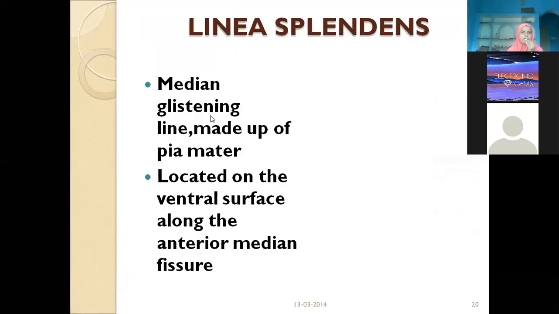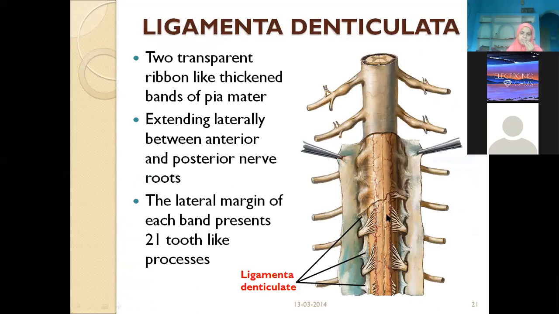Then linea splendens is a median glistening line made up of pia mater, located on the ventral surface. On the midline you will find the anterior median fissure. Ligamentum denticulatum itself can again be a 3 marks question. Are you finding these thickenings here? These are actually modifications of pia mater only. Two transparent, ribbon-like thickened bands you find on either side. If you count throughout the length of the spinal cord, that is 45 centimeters, we will find 21 such pairs on either side. They are extending laterally between the anterior